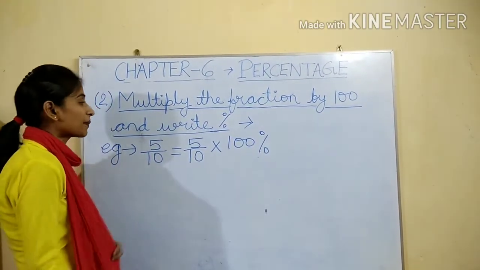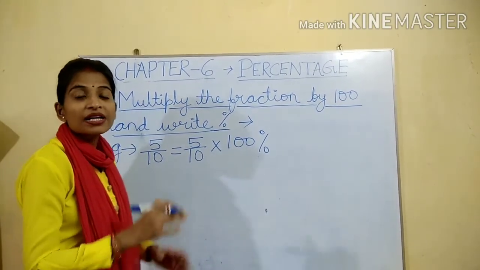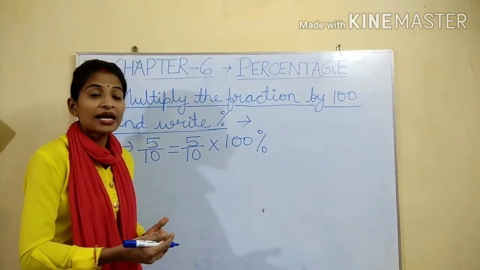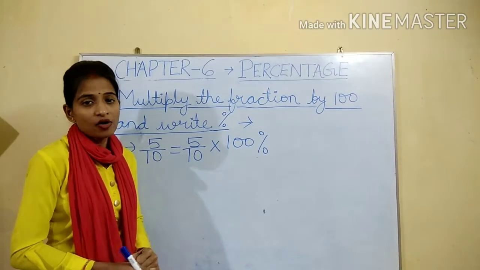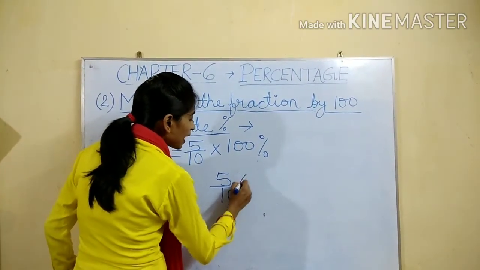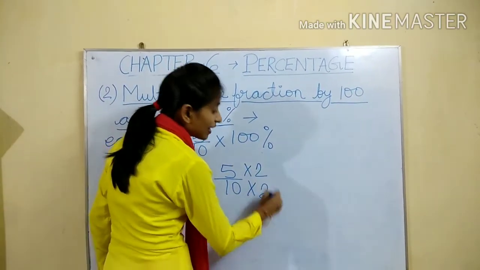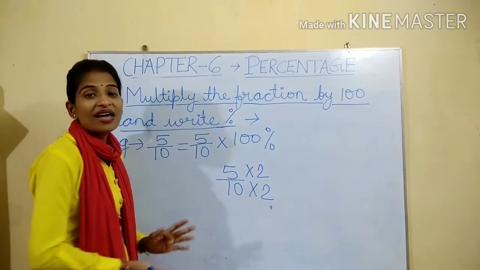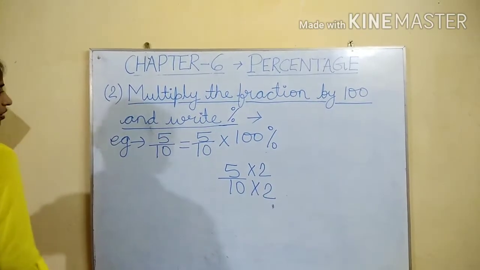Children, actually what happened? We know that in a fraction, when we multiply any number in the numerator, we are multiplying the fraction by the same number in the denominator also. For example, if in 5 by 10 we multiply the numerator by 2, then we have to multiply the denominator also by 2 to make it an equivalent fraction. Okay, so we can see here